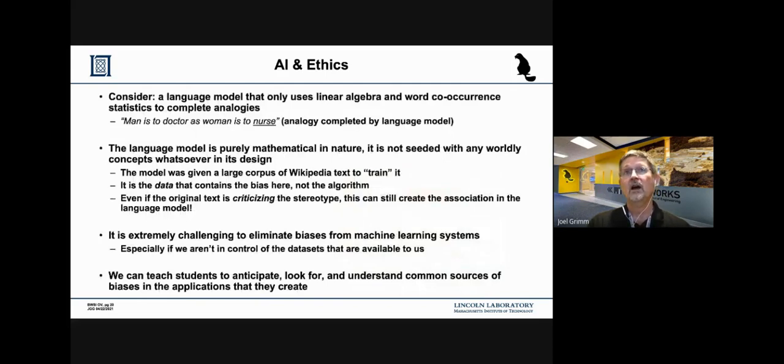So here's an example, right? AI and ethics, right? The language model will frequently only use linear algebra, right? And word co-occurrence to complete analogies, right? A man is to doctor as a woman is to a nurse, right? You can type into several different language models and you get that kind of answer. But that's not really a good model, is it? Right? So the language model that's purely mathematical,